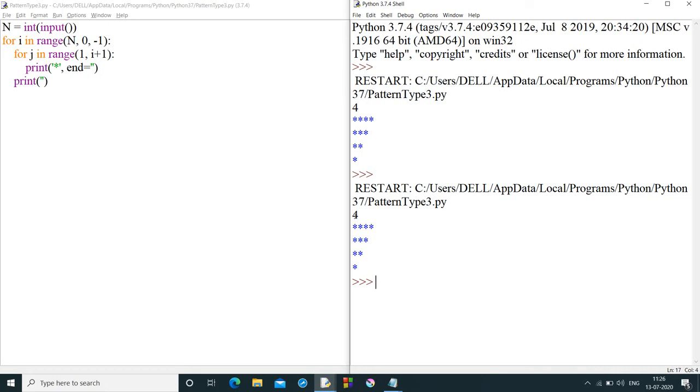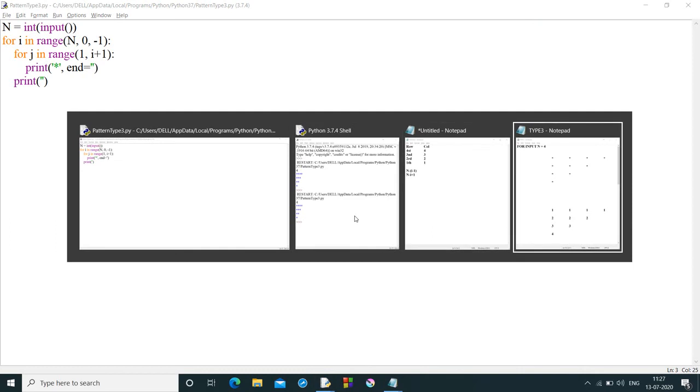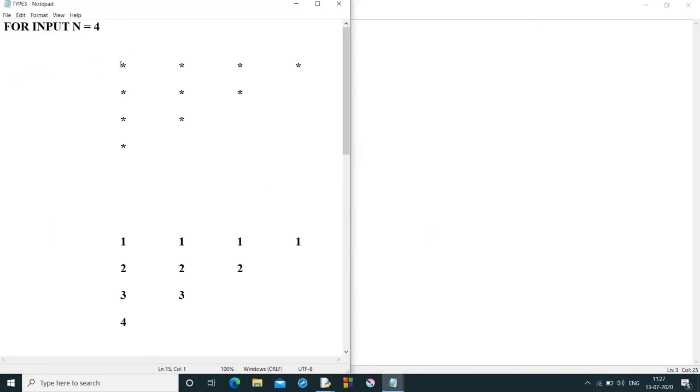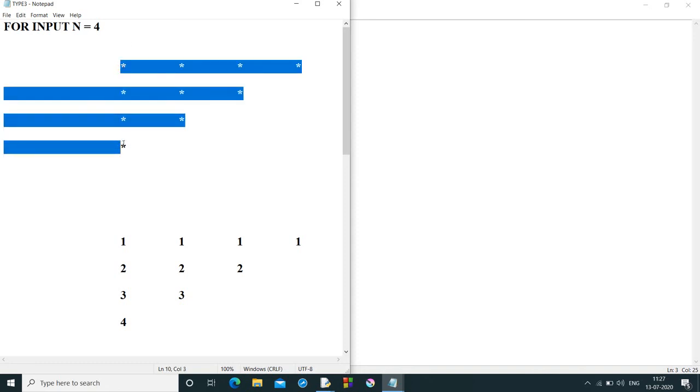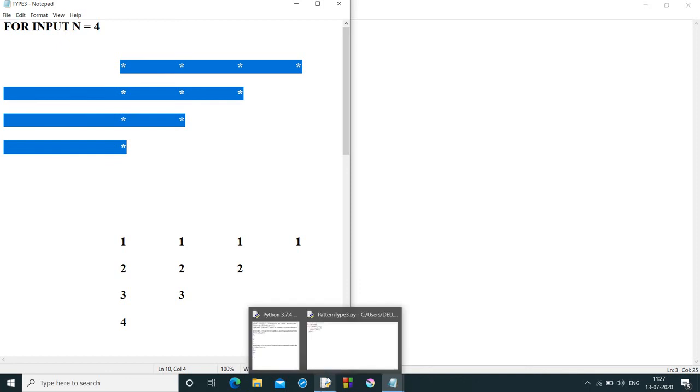So the point here is, either you can change the condition in the for loop written for rows, or you can change the condition in the for loop written for columns. If you assume this pattern as starting from row 1 to row 4, then you have to change the condition for columns. Or if you assume the pattern starting from the 4th row to the 1st row and we just decrement the number of rows, then you can simply write the column for loop as it is.